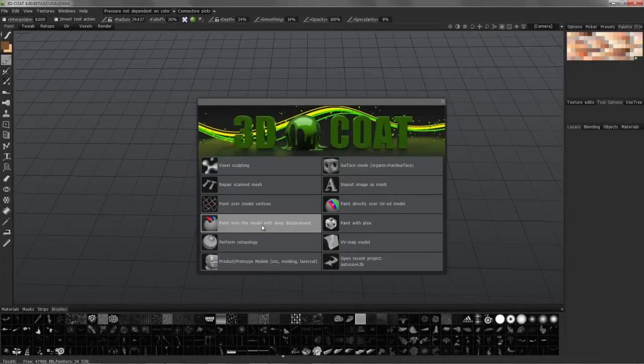Now, the paint over model with deep displacement is Microvertex because you're working with displacement maps. And the way it operates is a bit different than it works with per pixel painting. So this method here is per pixel painting. This method is Microvertex. Per pixel painting, again, they operate a little bit differently, but the main difference is that you're working with a displacement map in Microvertex, whereas you're working with normal map relief painting in per pixel painting